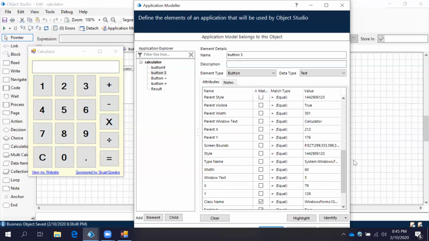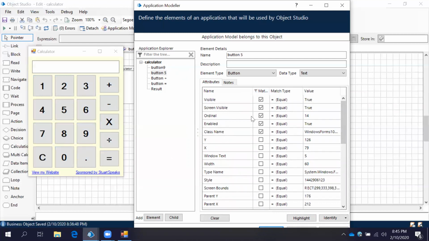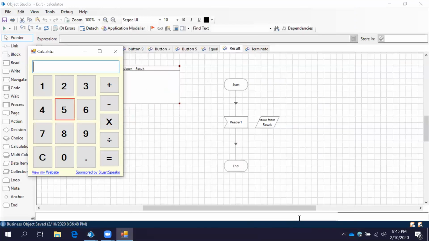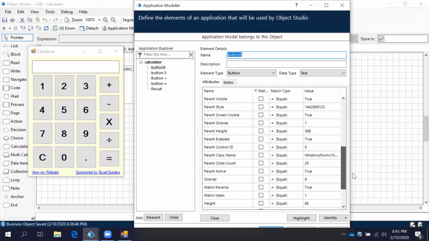Now observe this. If you are having any issue when you are spying with any application, you can use this ordinal, right? Especially when it is coming to multiple matches. Now highlight. See this? Now it's working properly. Again, come to the 9. Let's come to ordinal.